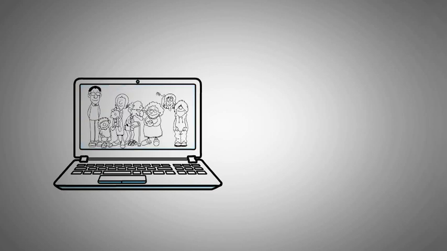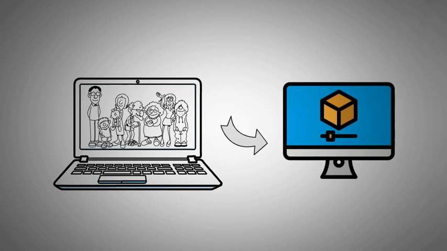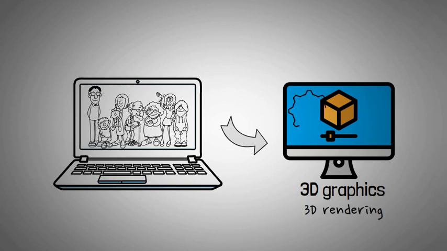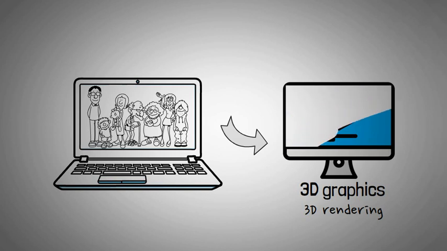Fact is, from animated movies to virtual reality gaming, the world of digital entertainment relies heavily on stunning 3D graphics. Creating these visuals requires a complex process called 3D rendering, where algorithms turn 3D models into detailed and textured images. It's the most challenging step in the creation of 3D graphics, especially when it needs to happen in real time